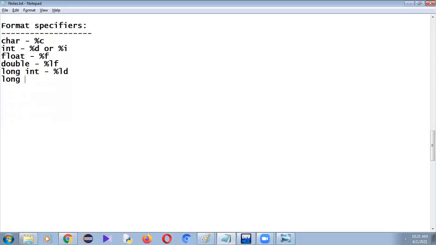If it is long long data type, we have to use %lld, long decimal. If it is long double, we have to use %Lf, capital L f. See here, for double we use small %lf, whereas for long double we have to use capital %Lf. And for the unsigned int,